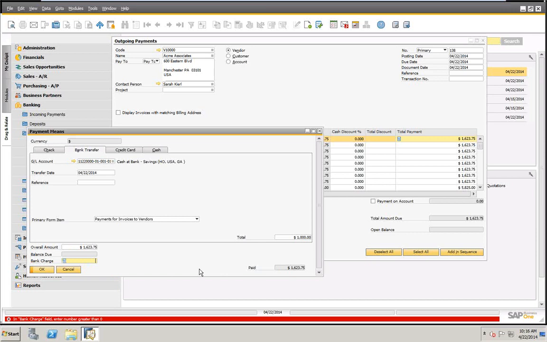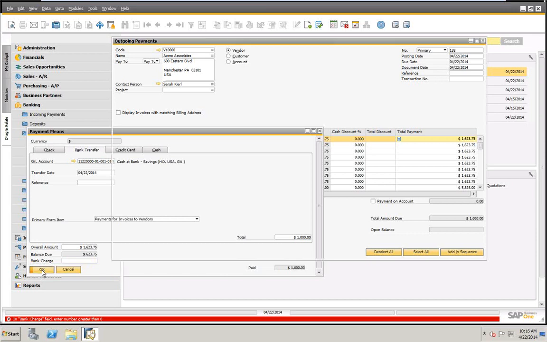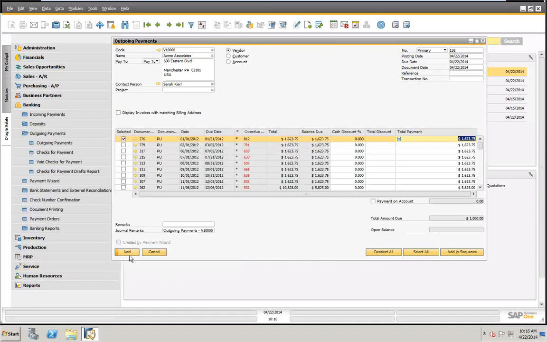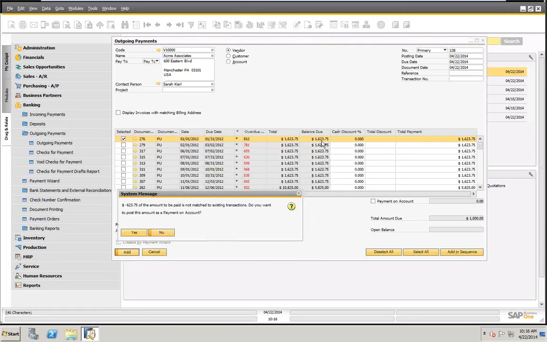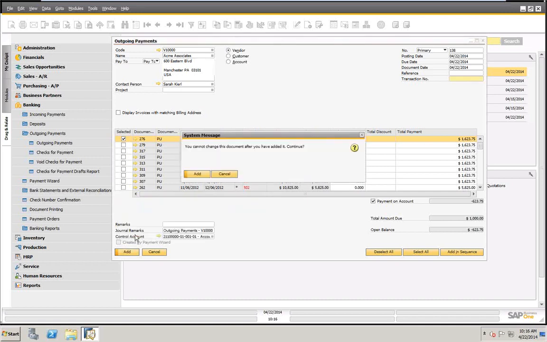So let's just get that out of the bank charge. So watch what happens when I add that. You can see here, you get this information here. So it's getting confused because what it's doing, it's telling you, listen, you're selecting this amount, okay, but you've only put $1,000 in the payment. So it's trying to create a negative on account, like a reversal. So it's trying to do this weird thing here to do it. It will work,